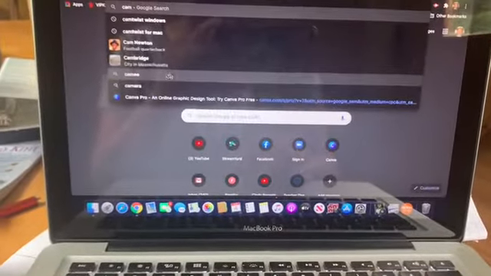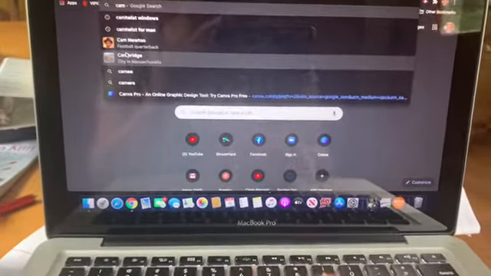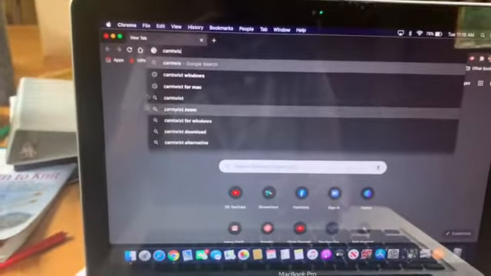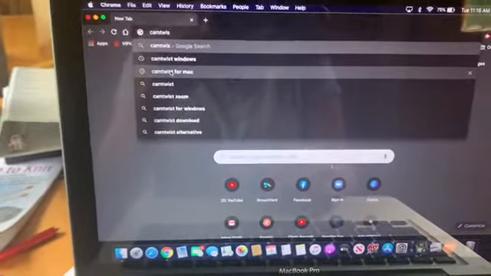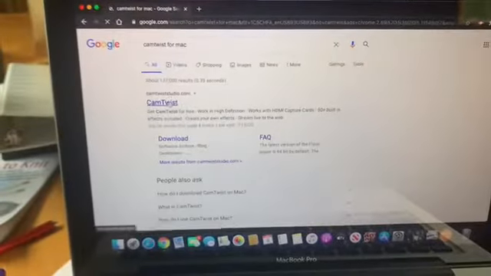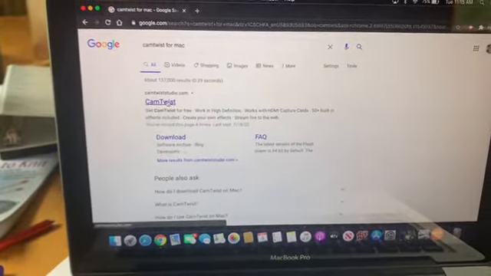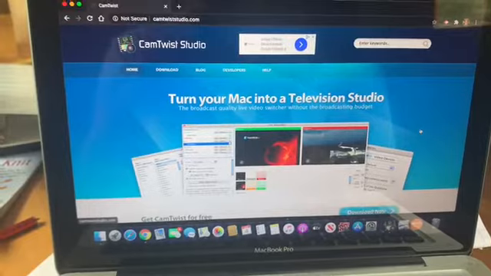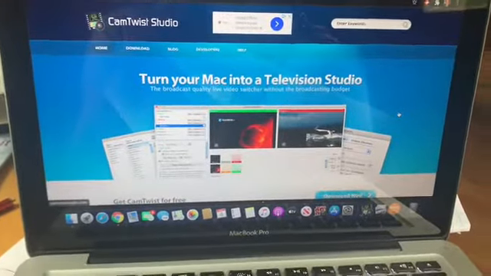C-A-M. Camtwist for Mac. It says Camtwist for Windows. I have never used that, but Camtwist. Okay, so here's your Camtwist Studio, and then you're going to download onto your Mac, and that is going to